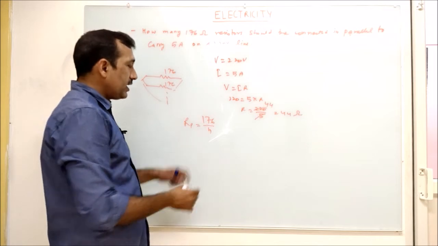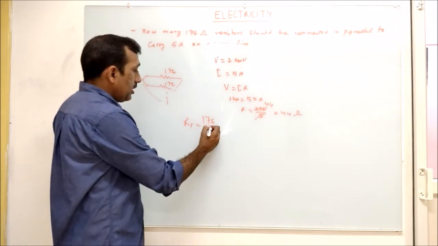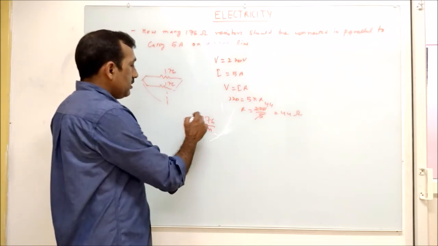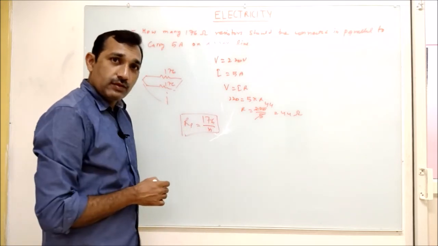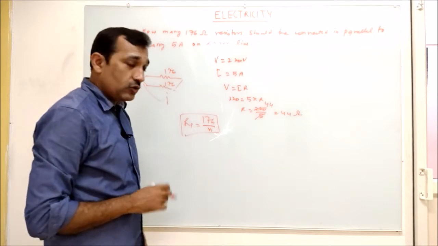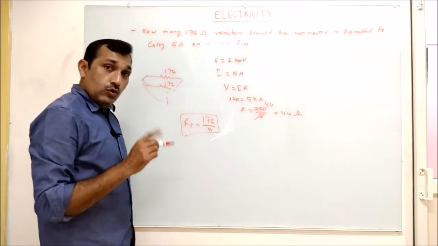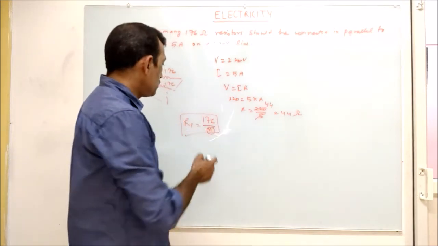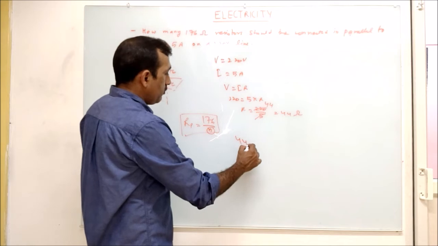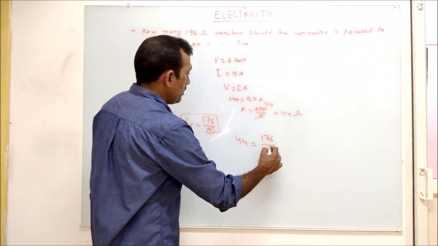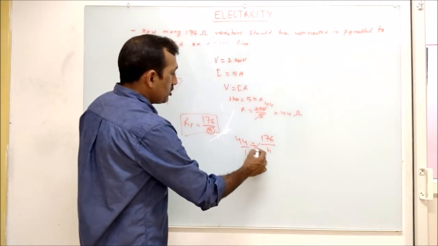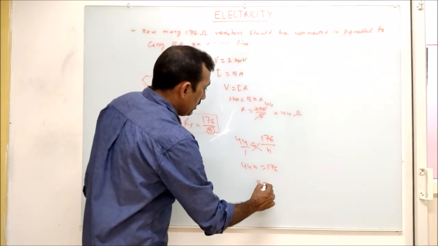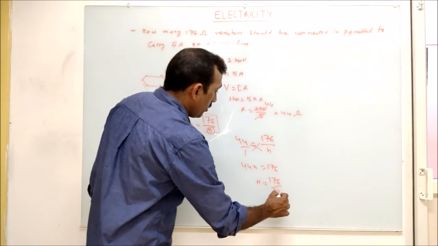Suppose here we have connected n numbers, then this is the value of this circuit, the total equivalent resistance. We don't know how many resistors are connected, but we know the total should be 44 ohm. So 44 is known, equal to 176 divided by n. Cross multiplication, 44n equal to 176, n equal to 176 divided by 44